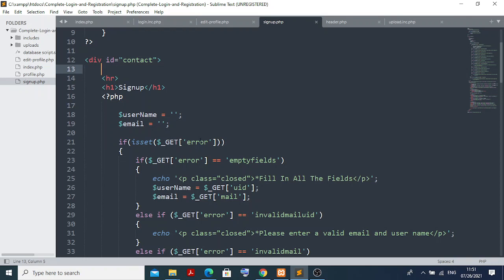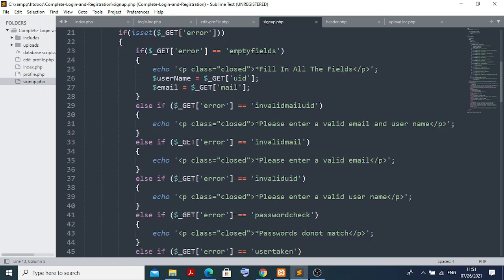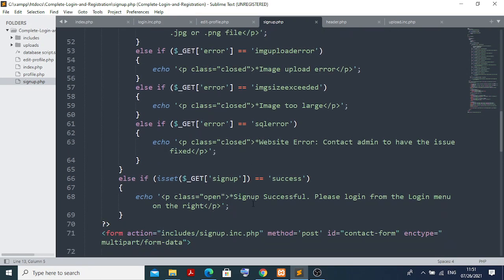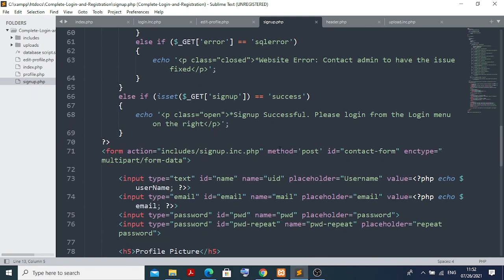If it is all blank, nothing is there, it will get some error. So if any field is empty, definitely you are going to get some errors. If it is empty for any of the fields, for example username, password, email ID, or the gender, if you are not selecting anything, it will show some error. Okay, otherwise, everything else, the image photo also. In other cases it will match, and if everything is okay, then it will say it is a success, and if it is success, it will insert all this data, and from this action it will go to the signup.php, and method is called post.